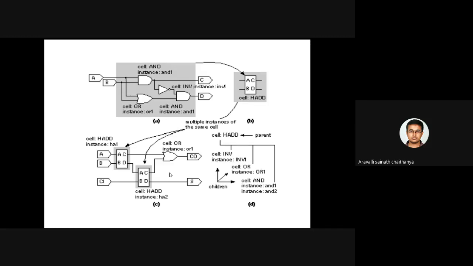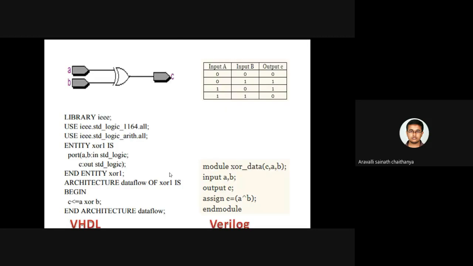Next. I have told you that Verilog HDL is a very easy language. It doesn't have many data types, doesn't include libraries, and doesn't have many parameters. All these things I have told you in the difference between Verilog and VHDL. So let me take an example of the XOR gate whose inputs are A and B.